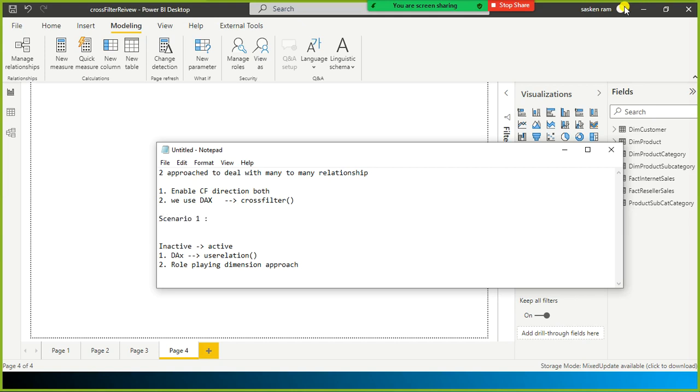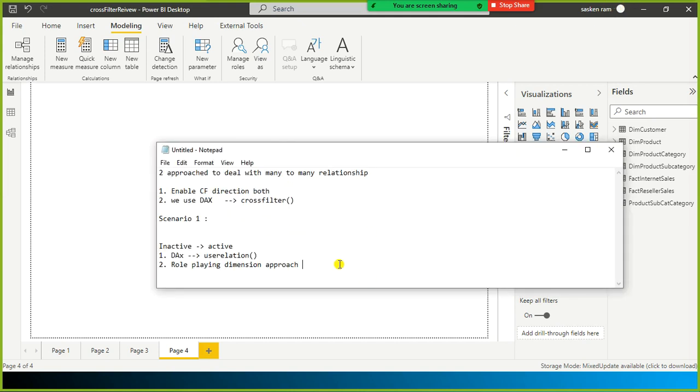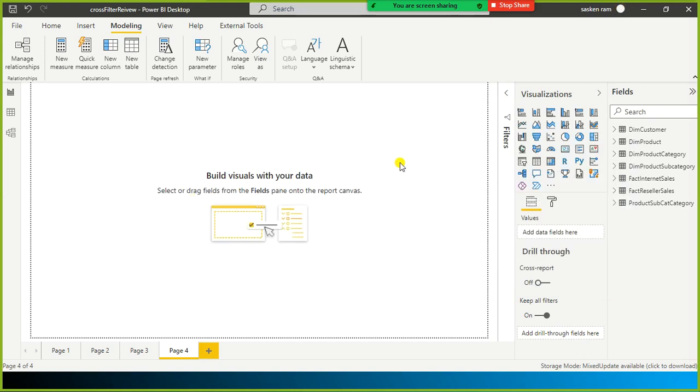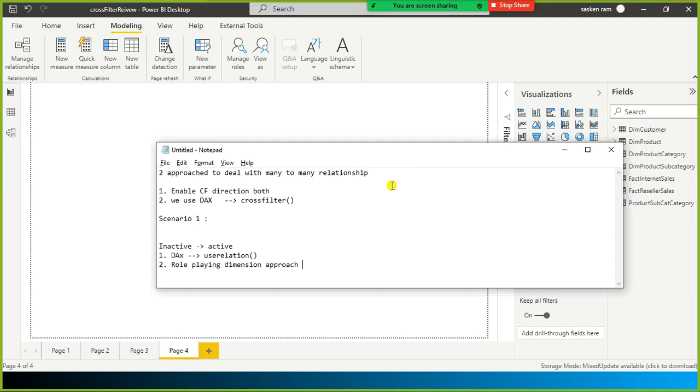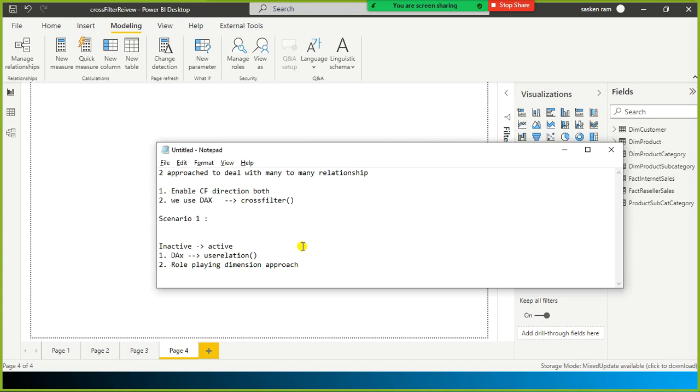Scenario one is, for example, in your report canvas. After today's session we'll start the visualization part. Once I start the visualization, we will probably continue it for one or two sessions, and then we will jump into DAX, so that whenever I use different visuals, you should be able to understand. So you need to have some knowledge of visuals.